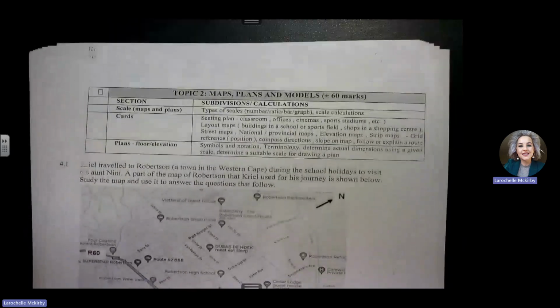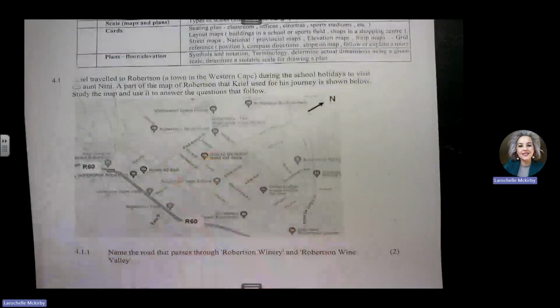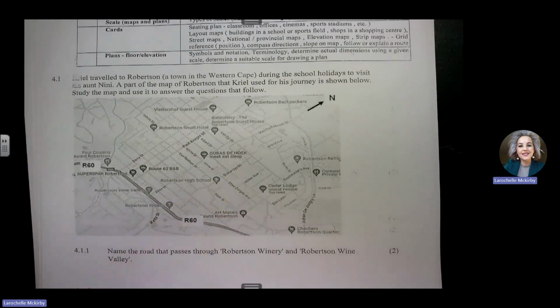Let's work on some maps and plans. Okay. Now, maps and plans is quite nice. I heard a little birdie. I don't know if you have geography, but if you have geography, you are writing on Tuesday, right? So geography is also a map work subject. So we are doing some geography right now as well. You know, sometimes you think subjects are in isolation, but they are not at all. Some subjects really overlap. For example, map work in geography.